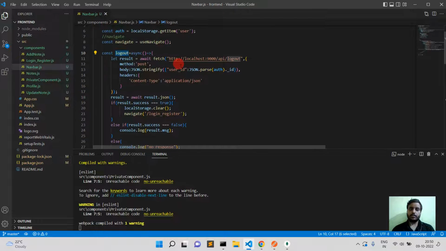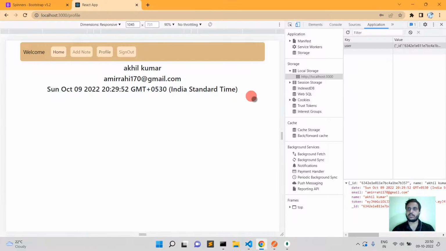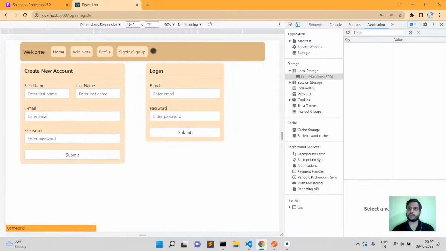Now everything is fine, I think. We will have to check. So I'm going to press this sign out button, then you can see the data is clear from here and